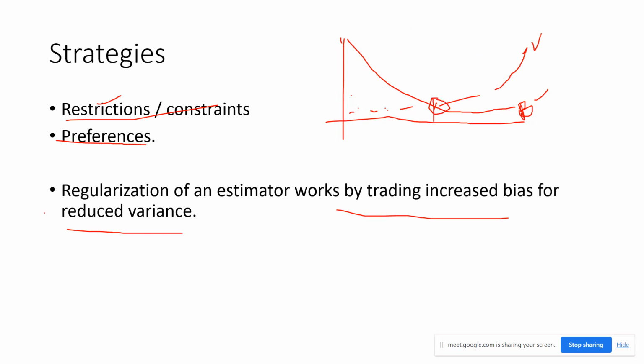Here it is variance, here it is bias. This side is underfitting, this side is overfitting. This is the capacity value. Based on this capacity, we identify the model